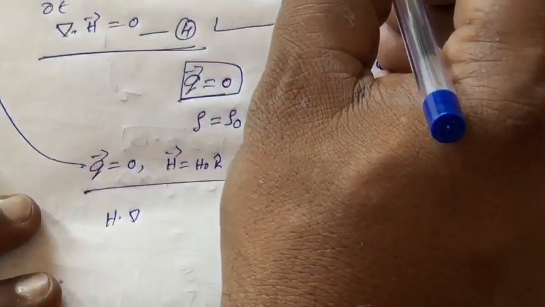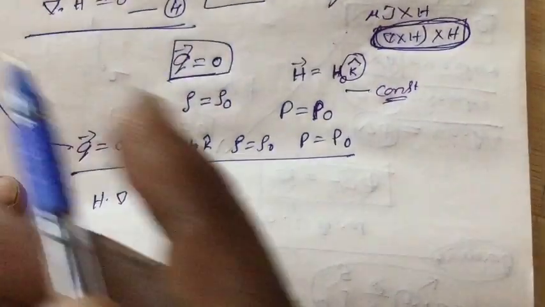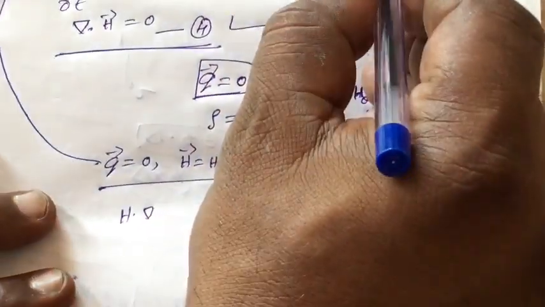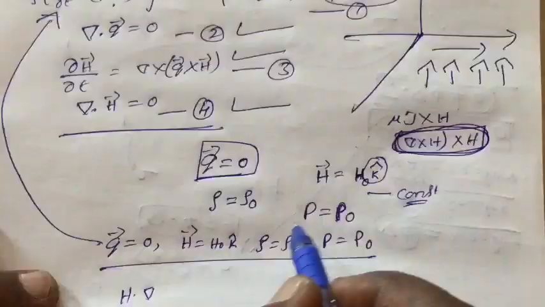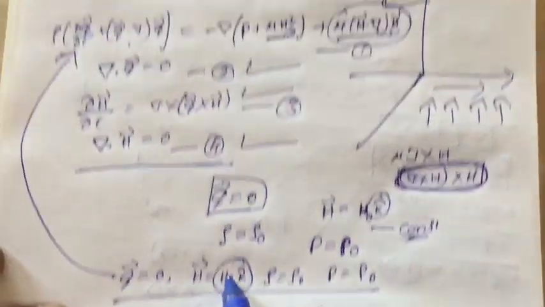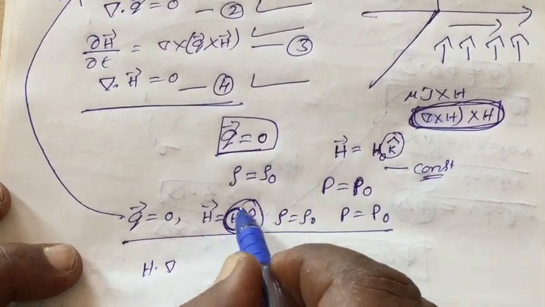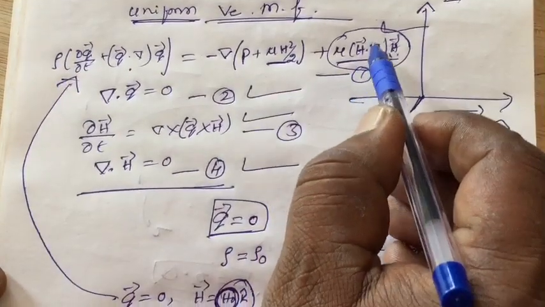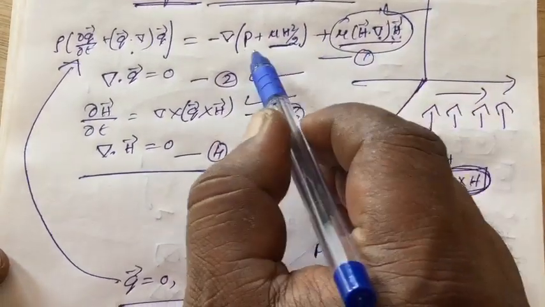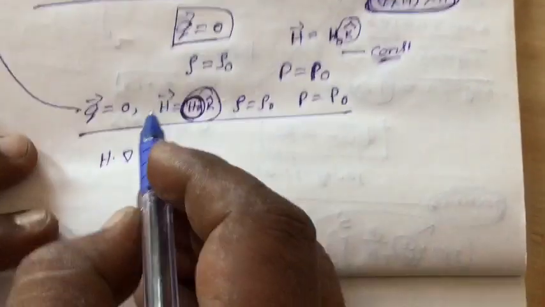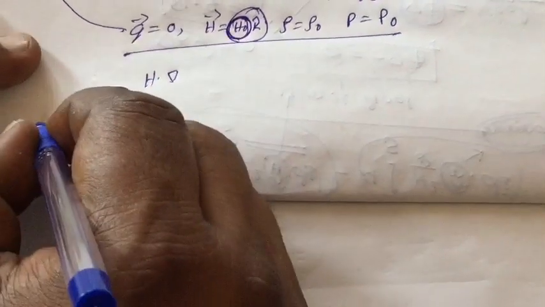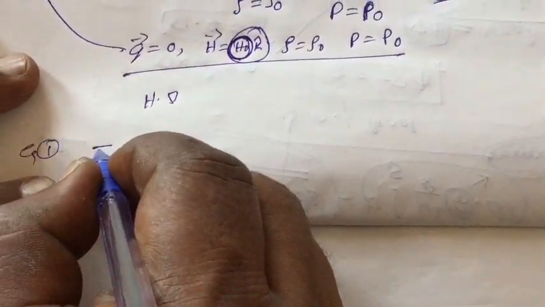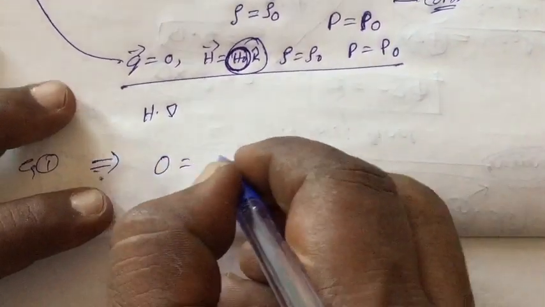So there will be only H naught into K. By differentiating H with respect to Z, this term will become 0 because it is uniform. So that's why this term will also be 0. Only this term remains. From that term you are going to get, equation 1 implies, 0 is equal to